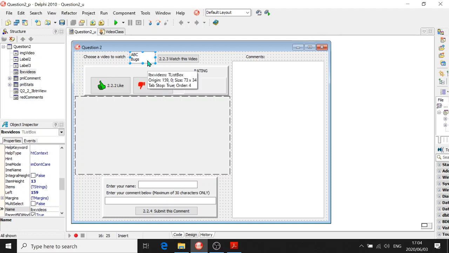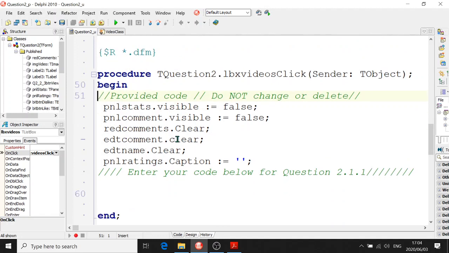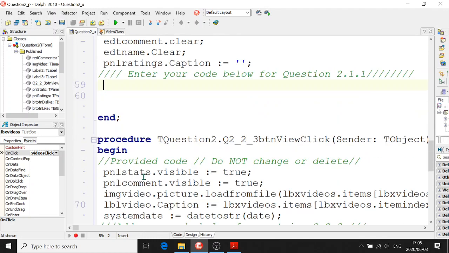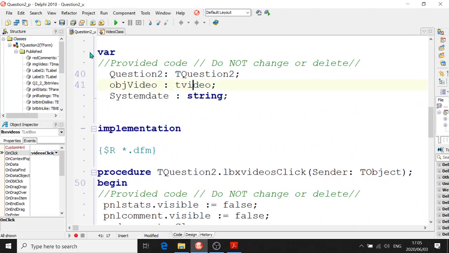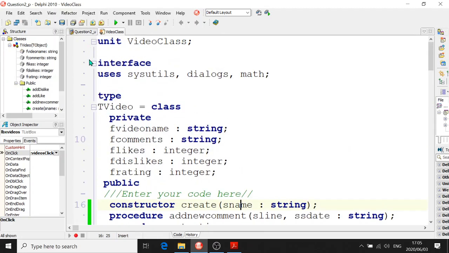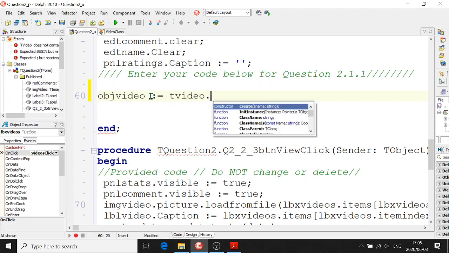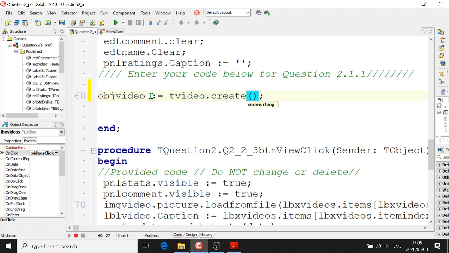So we're going to the on-click event of this list box. Now this has already been written for you, and we are going to instantiate the object with obj video. So obj video, which is an object belonging to the class of T video, which is defined over here. T video. Obj video equals T video dot create, and open brackets, we're going to put in the list box